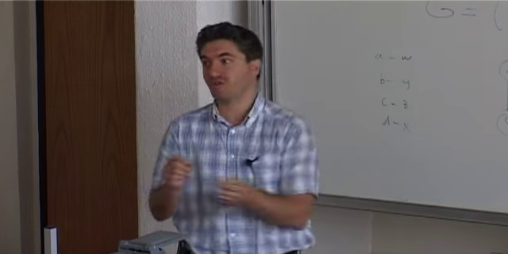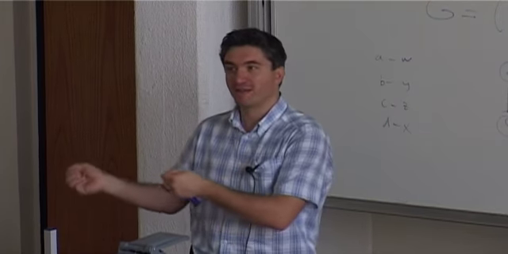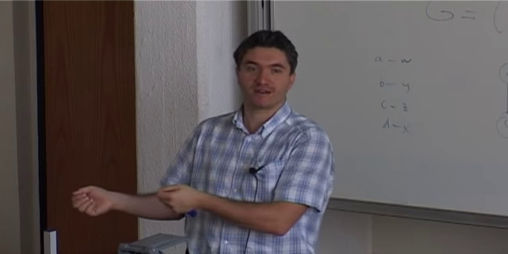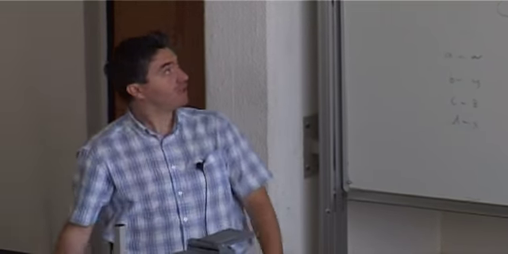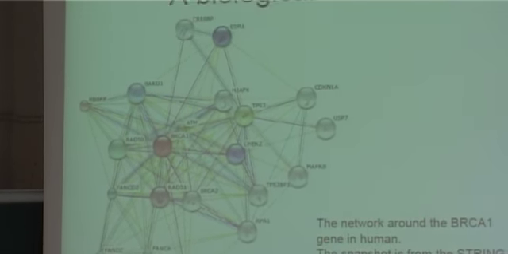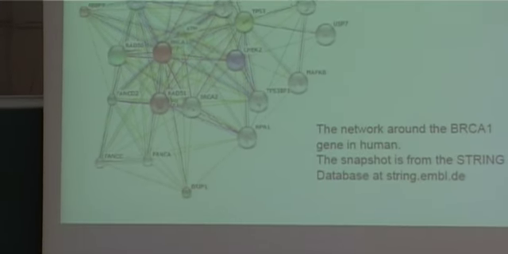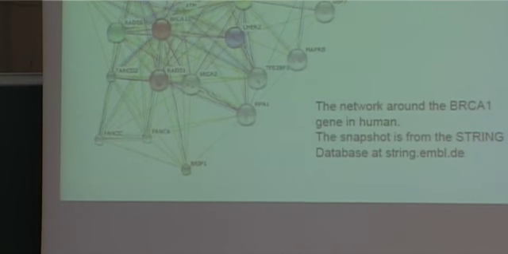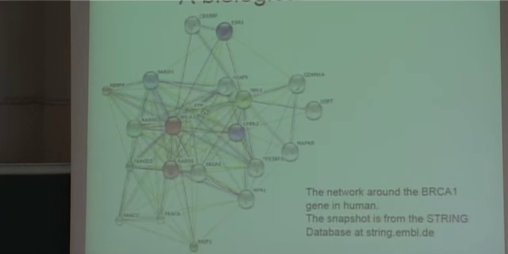So, for example, for microarray evidence, they use a certain color edge. For literature evidence, if there's a paper that says that these two proteins are interacting, they also put an edge between them in a different color. So the authors that developed this graph, which is the STRING data from the STRING database, decided to use different colors for different types of edges, for different types of evidence. So if we have many different color edges between two nodes,